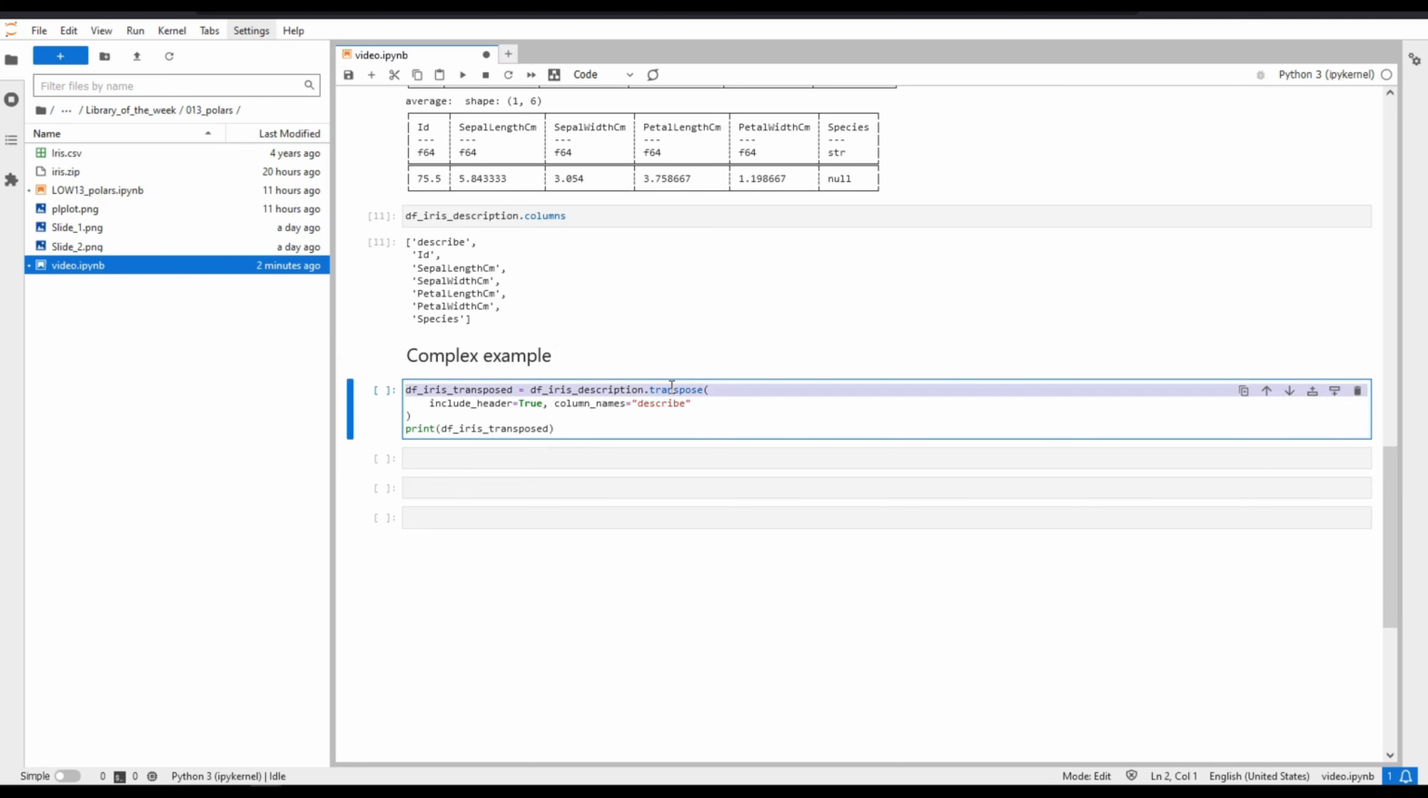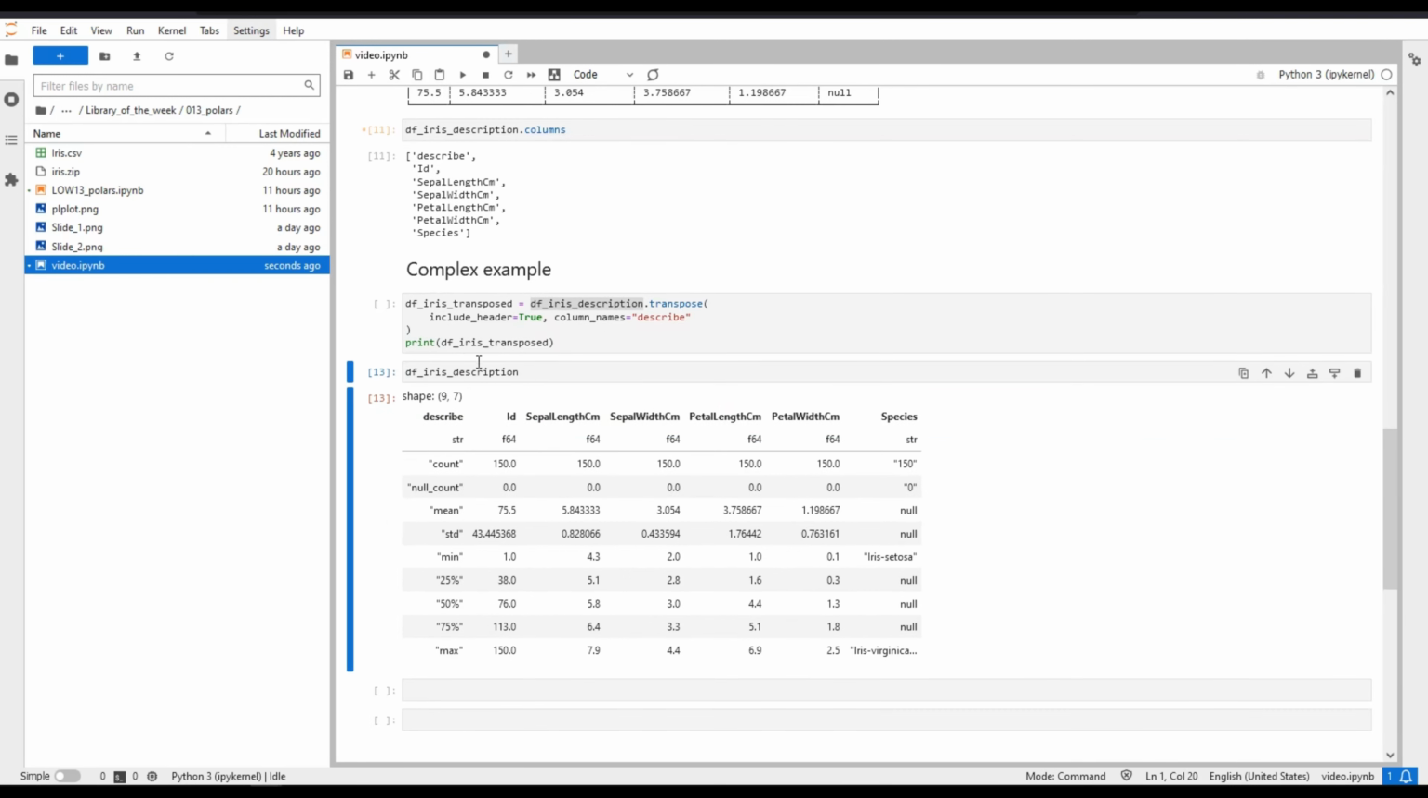So we can use the transpose method to do so. And I'm going to transpose the description data frame. Transposing basically means turning the columns into rows and the rows into columns. I could use just the transpose method with no additional arguments to the function. These are both optional. So if I display the iris description data frame, I have the descriptive statistics in here,